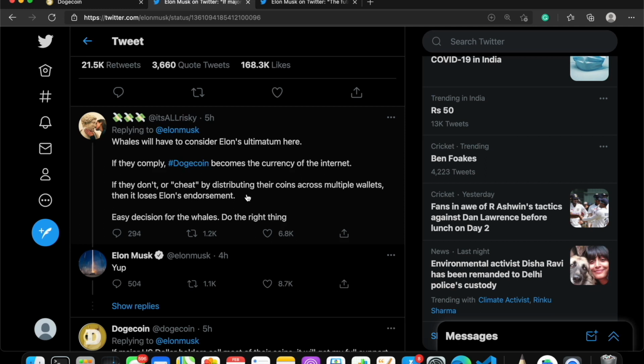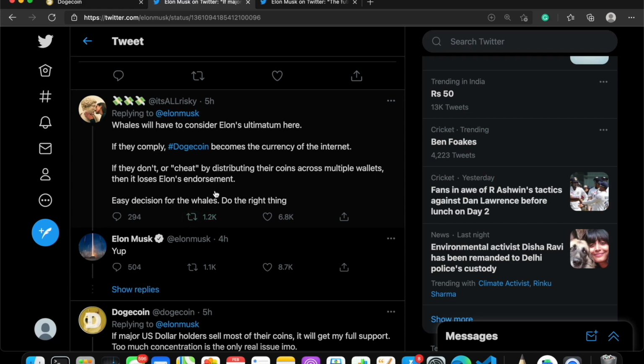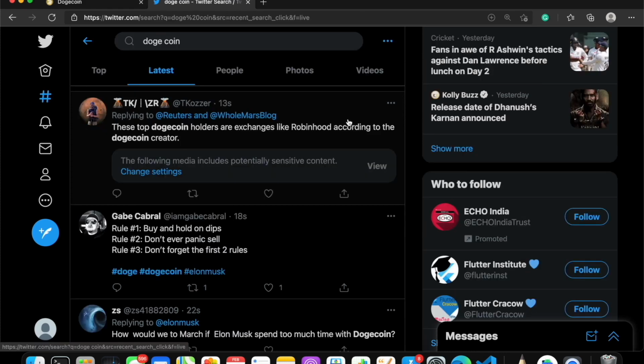That makes guys like us who have invested a small amount lose our money. At the same time, whoever has invested so much money will lose that money too. So now it's a kind of ultimatum from Elon Musk: either you lose all your money or reduce your stake and become rich along with others. So that's what he's saying, and that's about the second point.